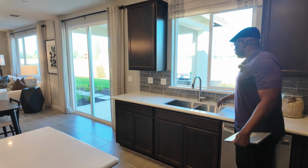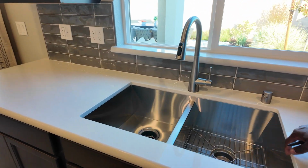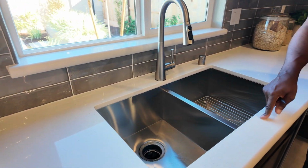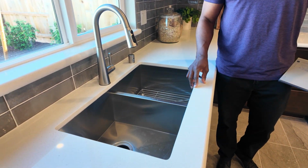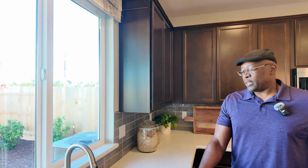Now, we did get away from the full-on farm sink, and there is a divider here. So some people like that, some don't, because it kind of limits you with this section here of your dirty dishes. Some people like to have the whole full sink. Those have gotten popular now to be able to just dump them all in there and wash them all in one shot. Unlike many other builders, as you know, who are doing the in and out approach, number 1, number 2, number 3,